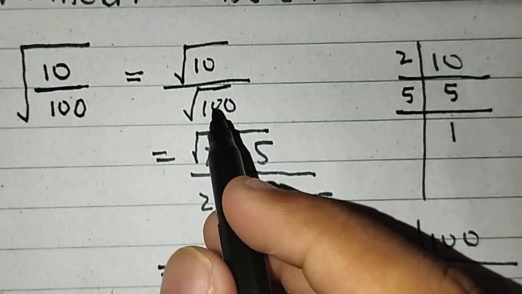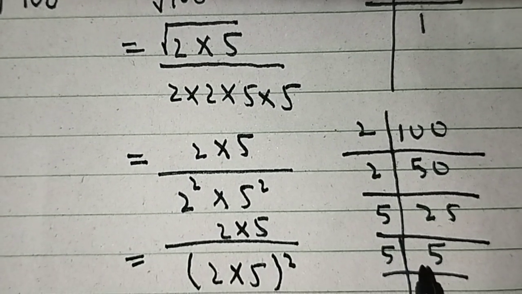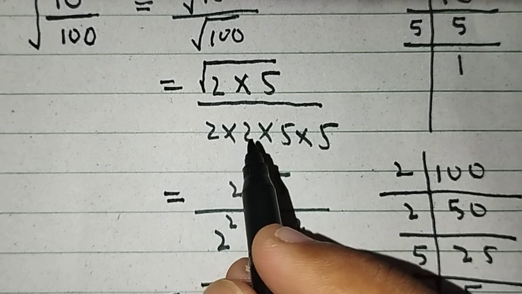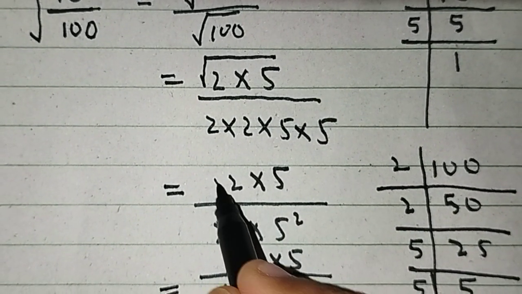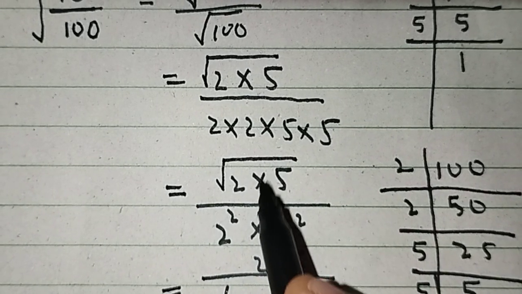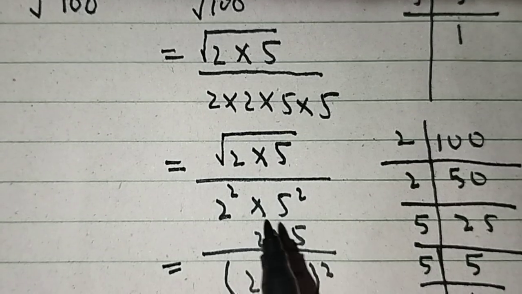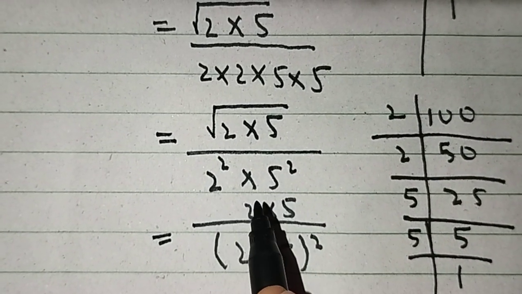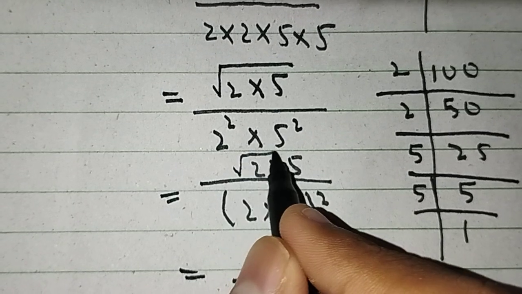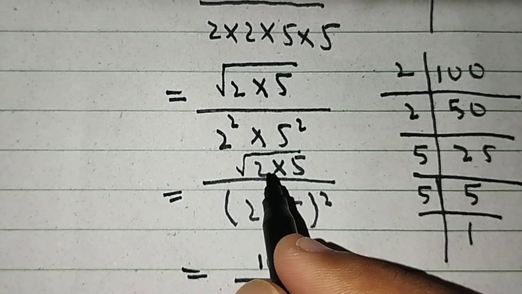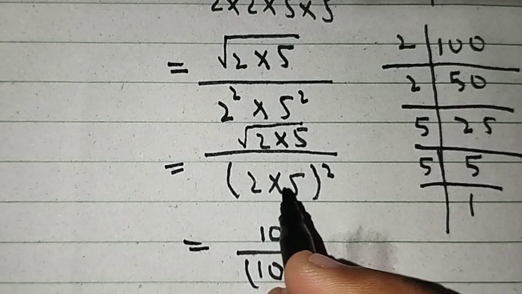After that we solve the radical 100. Radical 100 we can solve by the prime factorization method and write the factors, and after we write the same radical 10 or radical 2 multiply 5 and make the radical 100 pair, and after this, next step, radical 10 also the same and make the pair